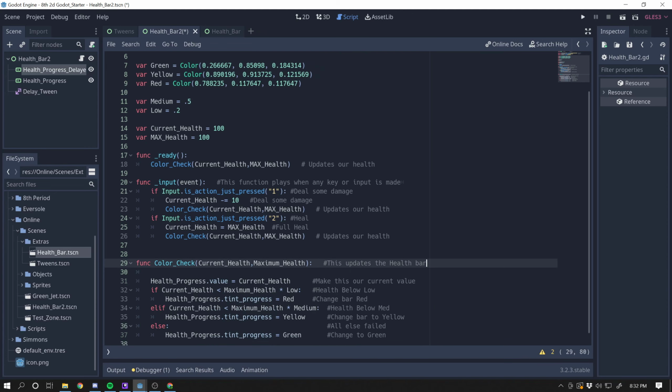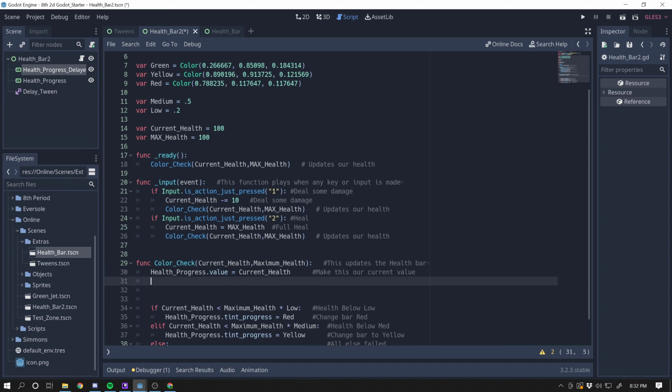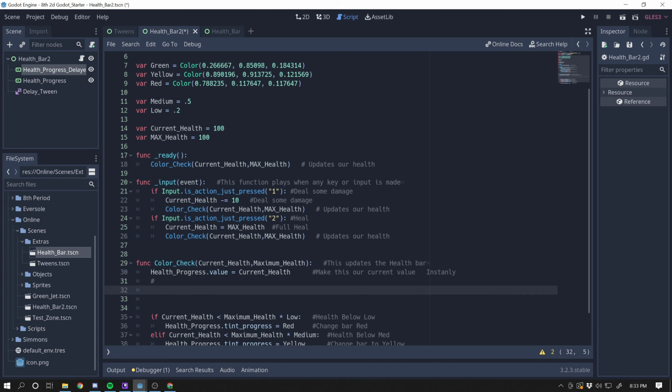Here we go. So this first one is the one that updates instantly. We are going to want to use this delay tween. The delay tween works like an animation, so you have to tell it to actually start. But here's how it's going to work. I'm going to make some notes along with this. So we're going to say delay tween